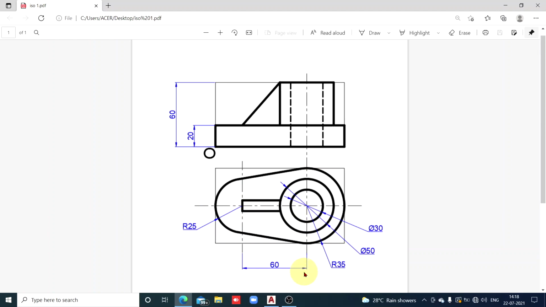This 60 millimeter length to be measured along length, but in isometric view we measure length at 30 degrees, and as I told you, from point O on the left side at 30 degrees, that is in this particular orientation, you are going to measure width. So length 60 millimeters you are going to measure in this orientation. So how to use this knowledge, let's understand.